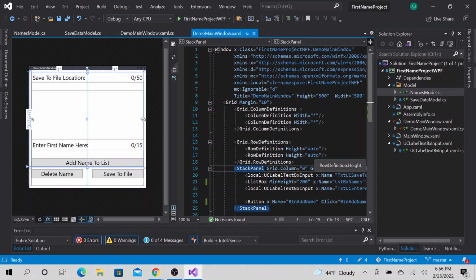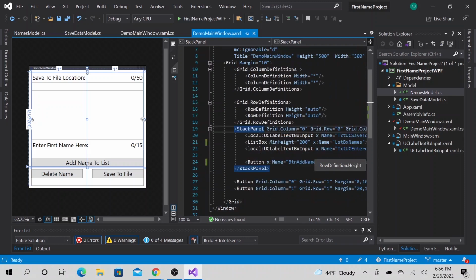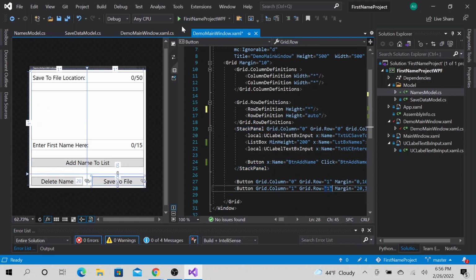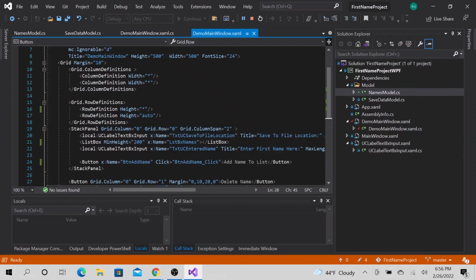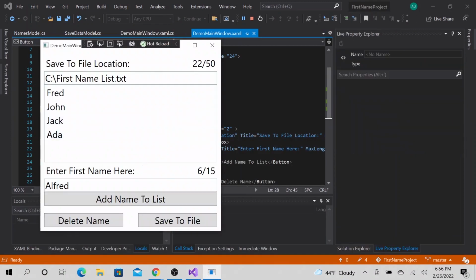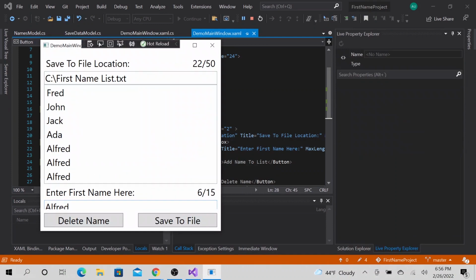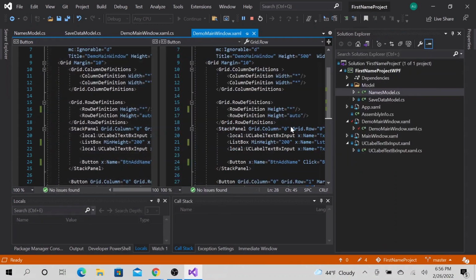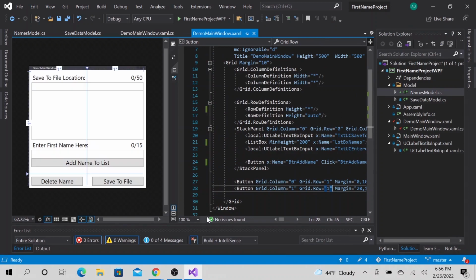So let's go ahead and that will be in the first panel. Let's go ahead and put an asterisk here and see if that fixes it. Still not fixed. Okay,